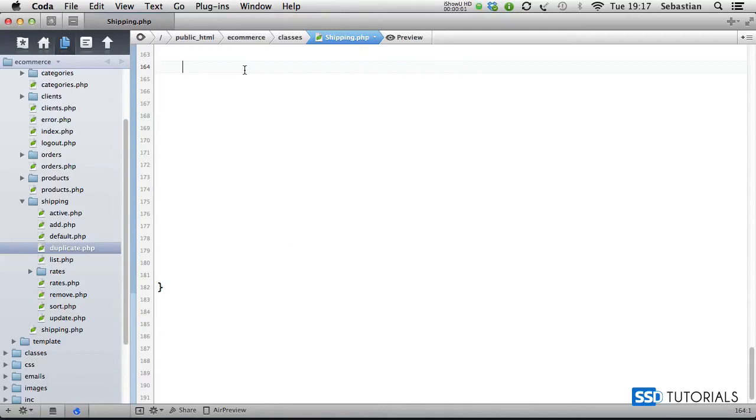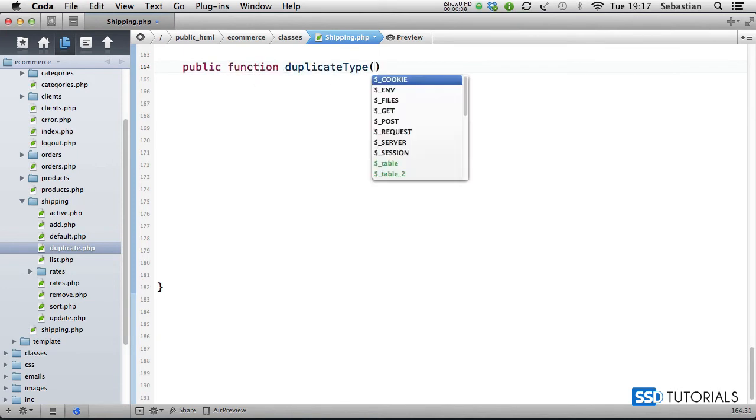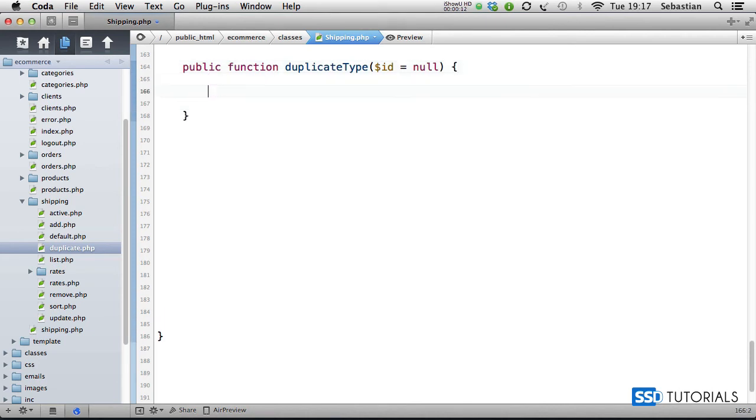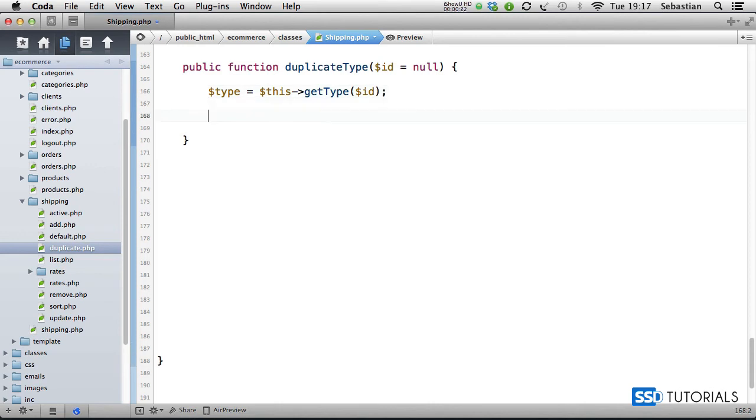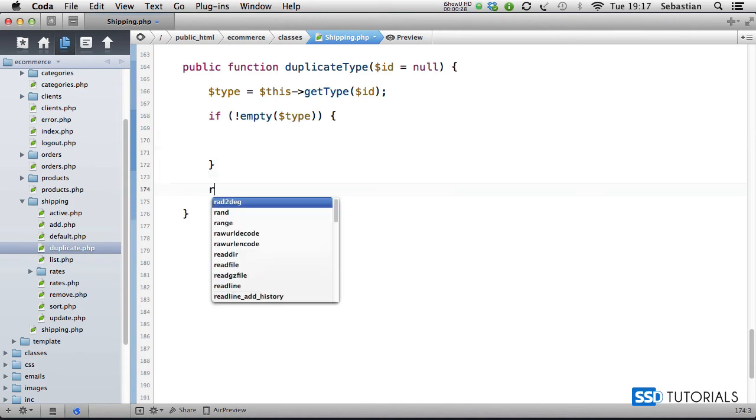Back in our shipping class, after the last method, we're going to create a new one: public function duplicate_type, and we only pass in one parameter, which is the ID of the original record. The first thing we're going to do is $type = $this->get_type, the method which we've created earlier, and we pass in the ID as parameter. And now we check if it is empty, type, then we're going to be dealing with our code, otherwise return